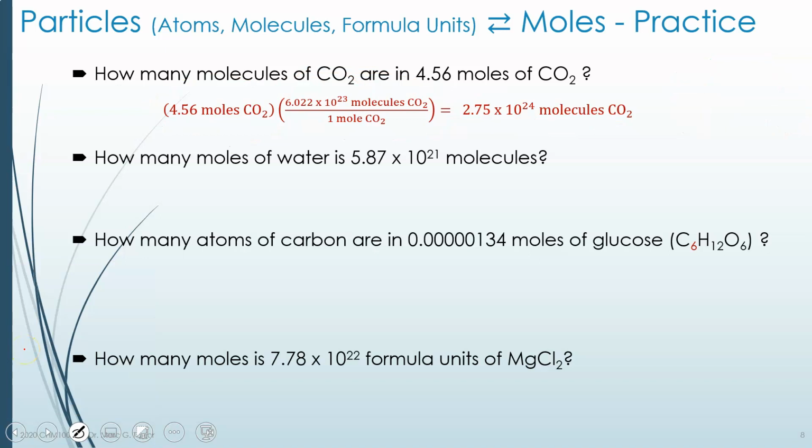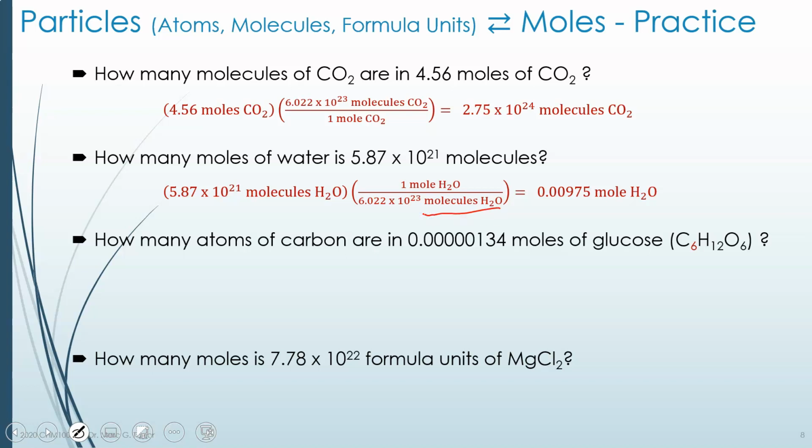How many moles of water is 5.86 times 10 to the 21 molecules? Well, you always start with the thing you have, 5.86 times 10 to the 21 molecules of water, and then you're going to use Avogadro's constant, but you will this time flip it because you want molecules on the bottom so that it will cancel that old unit, and it will create the unit you want, moles, in the end. And you multiply it together, and you realize this gigantic number of molecules of water corresponds to actually a very small number of moles,